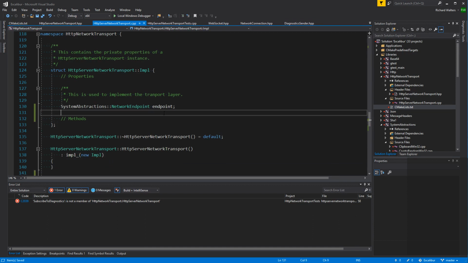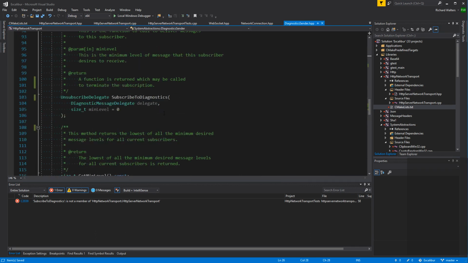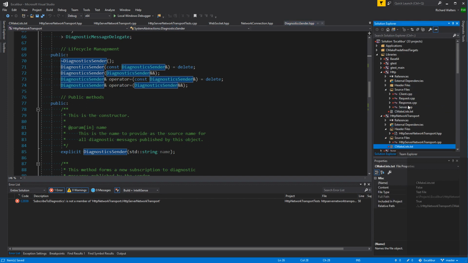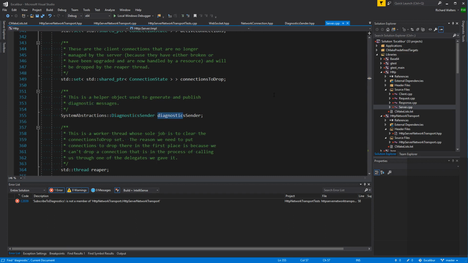I think I just want to do what a sender kind of does. It has its own map. Well, hold on. How does the server do this? I forget how I handled this, so. Okay, there is a sender in the server.